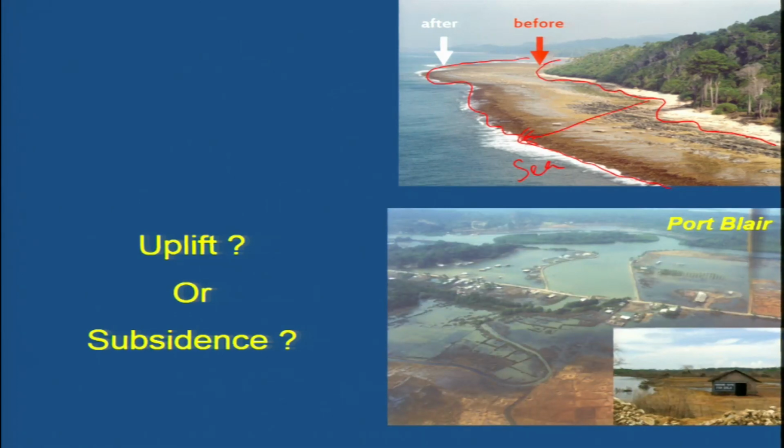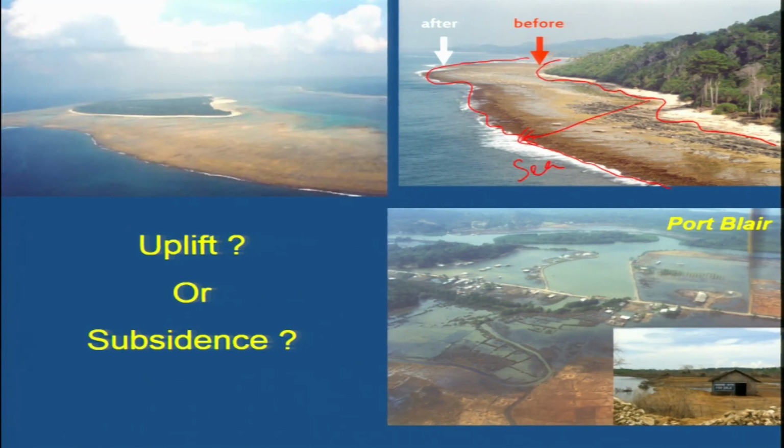Here again, like in the previous image, you can see the submergence of this area, due to which inundation causes waterlogging in this area, and due to which the agriculture, farming and the settlements have been affected. Okay.